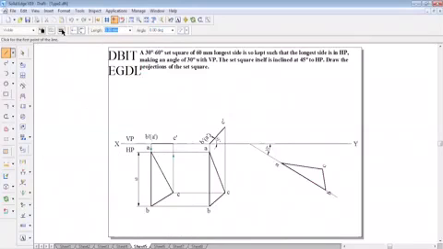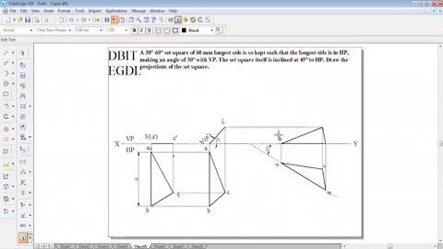Next, go to the line command, thin line or the projection line. From endpoint A, draw the projection lines. Endpoint B, draw the projection lines. And endpoint C, draw the projection lines so that you can end this point. Since you have three endpoints, using a thick line, join A, B, and C. Finally, you can name this as A dash, B dash, and C dash. So this is the problem we are going to solve.